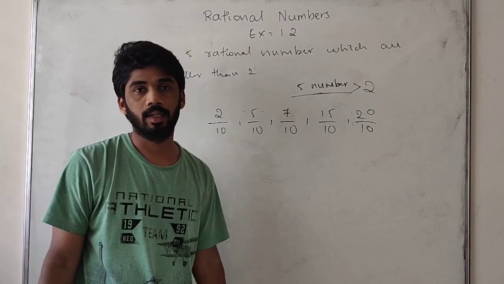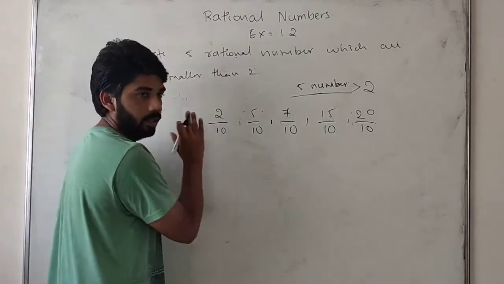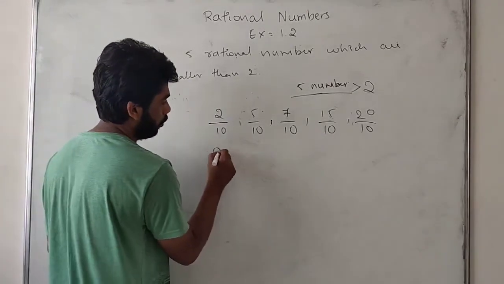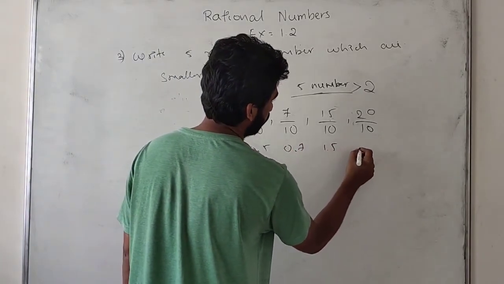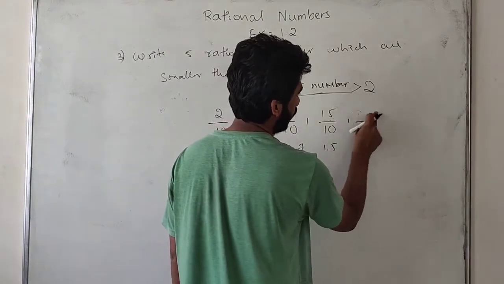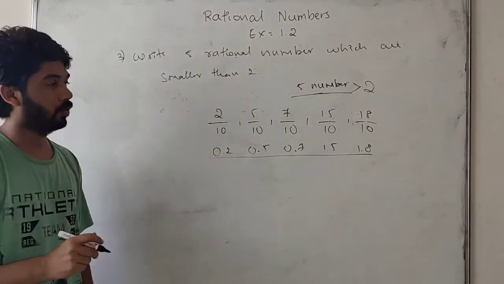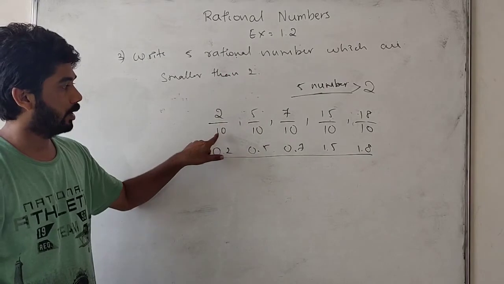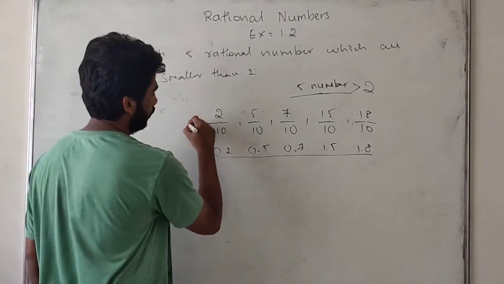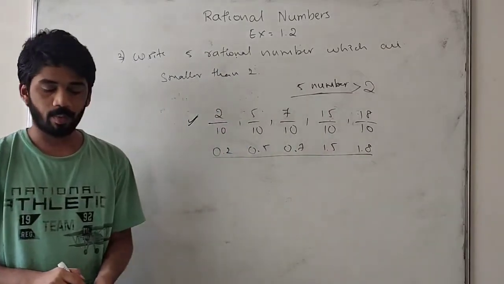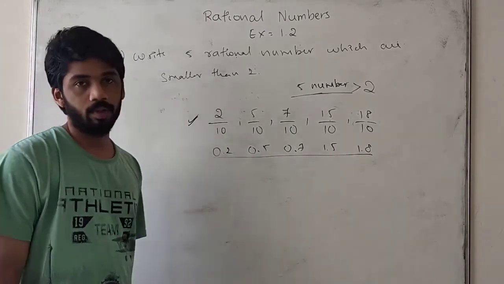We can take any number here, less than 2. Actually these should be rational numbers. If we convert to decimals, this becomes 0.2, 0.5, 0.7, 1.5, which are all less than 2. If it is less than 2, you can take 18 by 10, so 1.8. This type of decimal comes. They ask for rational numbers, so I am writing this one: decimal numbers, all less than 2. Okay, this is the answer. This type may come as 1 mark or 2 mark problems in your exams. Okay students, please note it down. I'll go to the next problem.